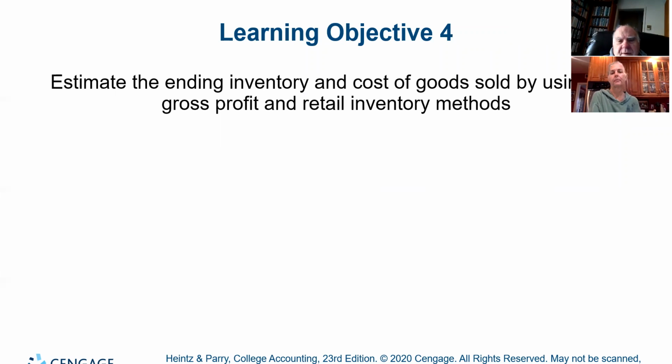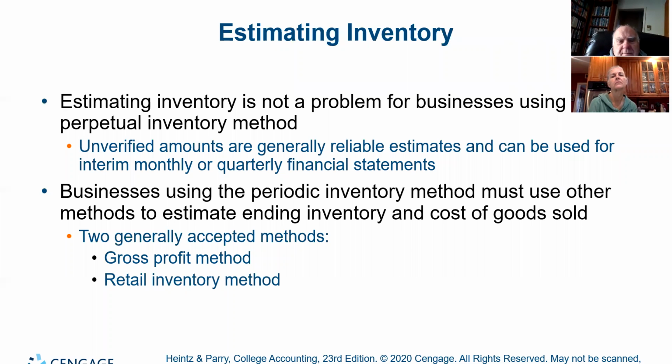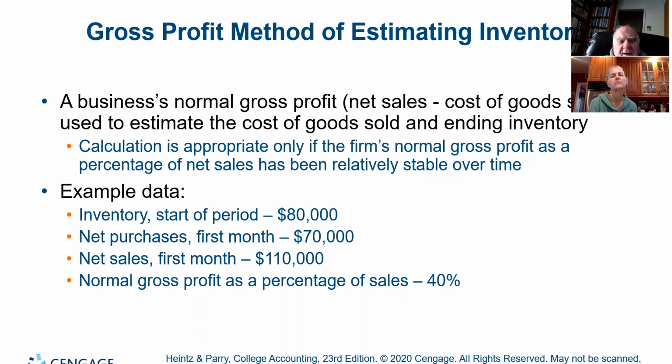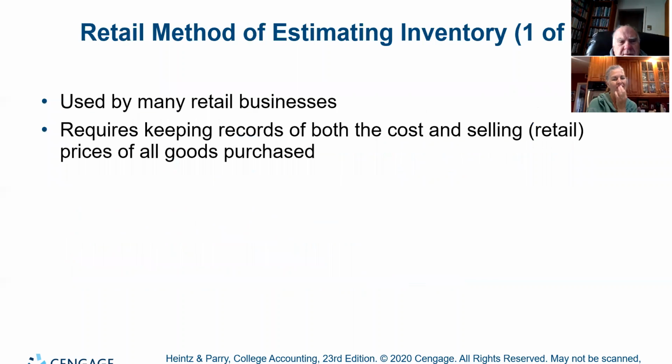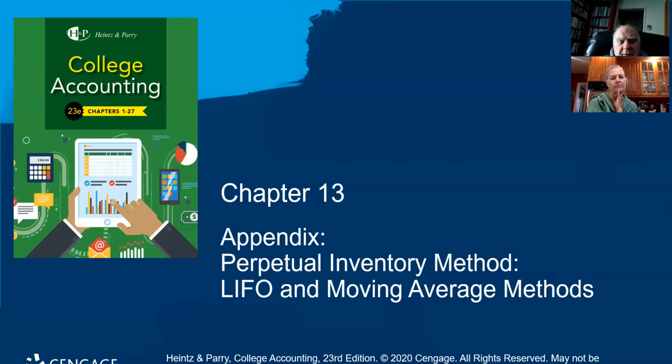Now, here's where we're going to stop this lesson because we don't go into teaching the gross profit and retail inventory methods. Basically, what we're doing here is a company over the period of months knows that their gross profit's been around 40%. They're allowed to simply take that 40% and apply it to the next month's sales to come up with their cost of goods sold and gross profit. So we don't really teach that here. It's not a normal method, not used that much, I don't think.